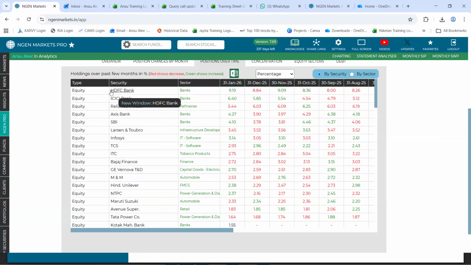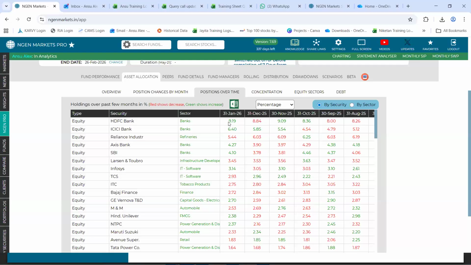Right here, we will be firstly showing you the components that form a part of the portfolio, and which sector that specific component falls under. Following that, we will be showing you the latest holding details. Right here again, we have color coordination. Green says an increase from the previous month and red says a reduction in consideration to the previous month.